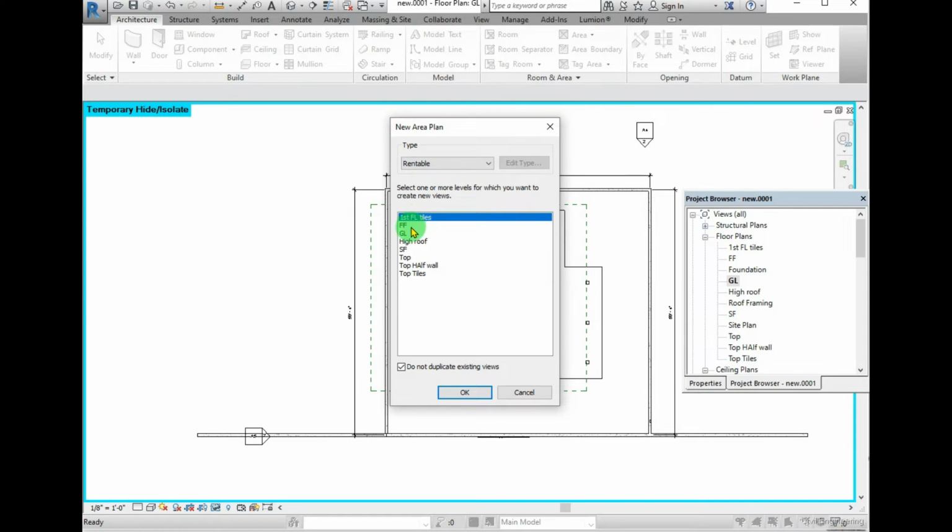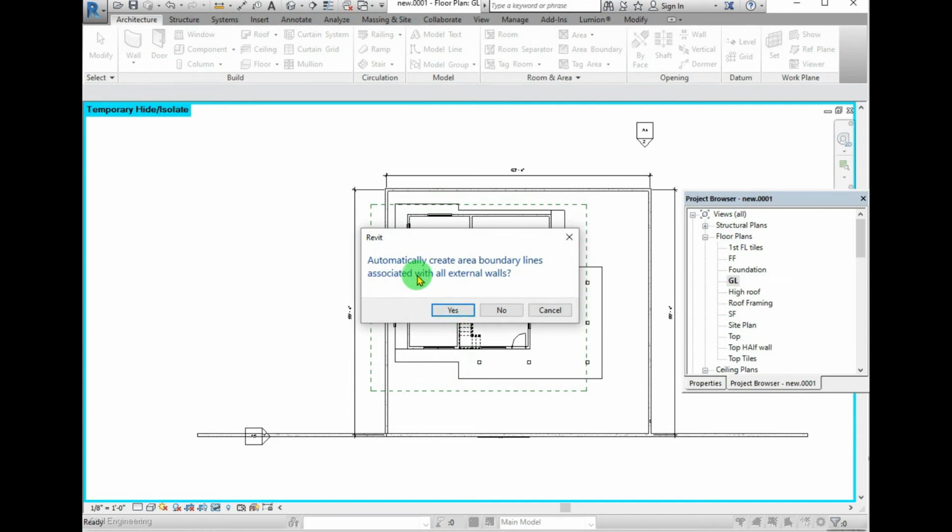Here we have to select the correct level. I selected it as ground level. This is a pop-up window. It says automatically create area boundary lines associated with all external walls. If we select this one,